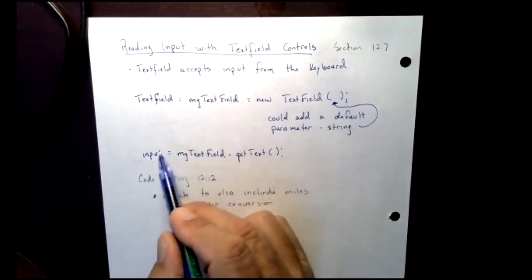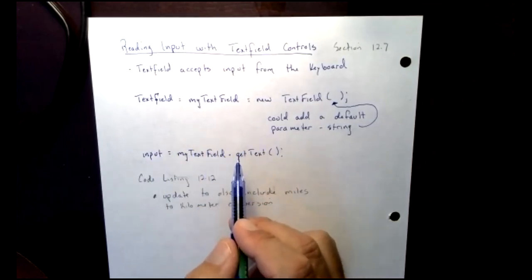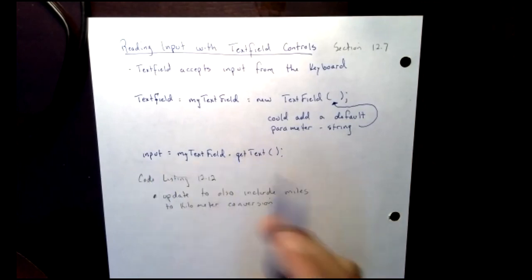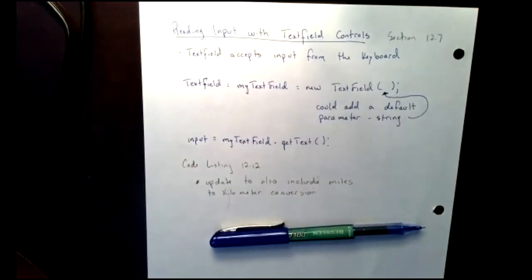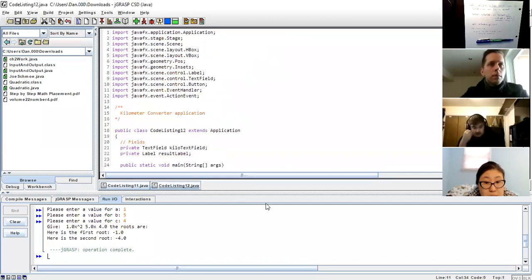Where am I going to be doing this? Probably in that inner class. When I handle the event, I'm going to be grabbing that information, to be able to use it to manipulate it. So if I get ready and go back to sharing my screen, and I take a look at code listing 12,